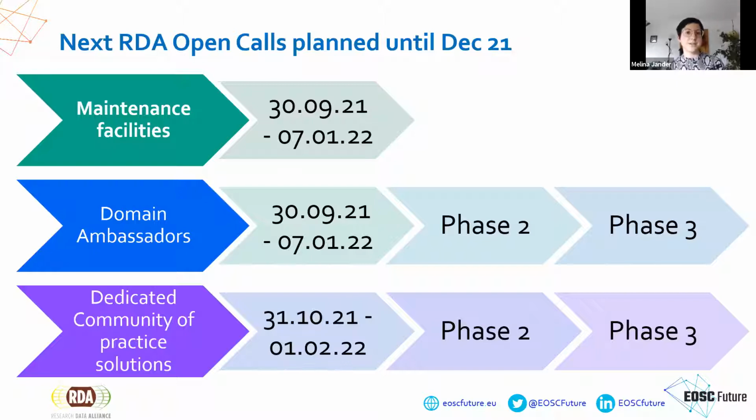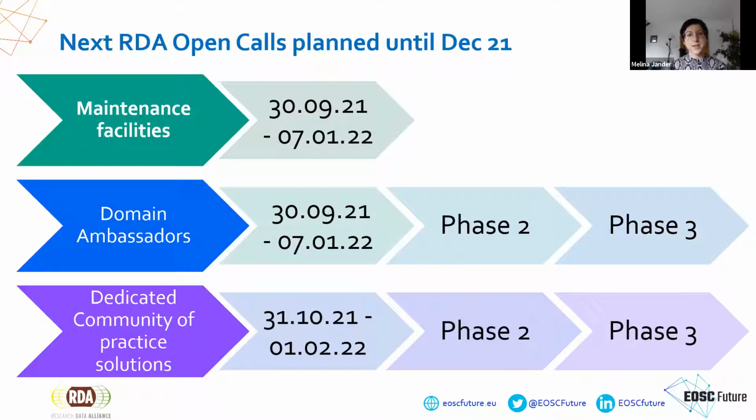To work towards this direction, the RDA Open Calls program offers up to 10 grants of a maximum of 7,500 euros. As we can see on the slide, there are 3 phases of this call, with the first one opening soon, by the end of September, and the other ones opening next year. The grants that will be put out support work in this area over the entire course of the EOSC Future project. And now the last call I will give you some more information about is the call for dedicated community